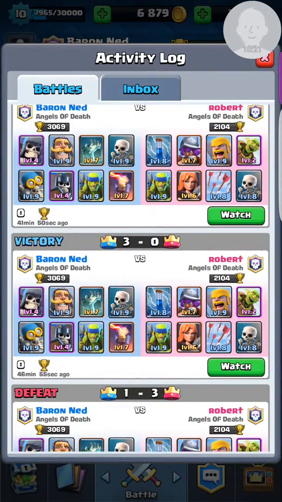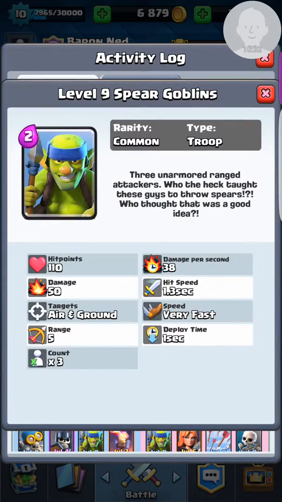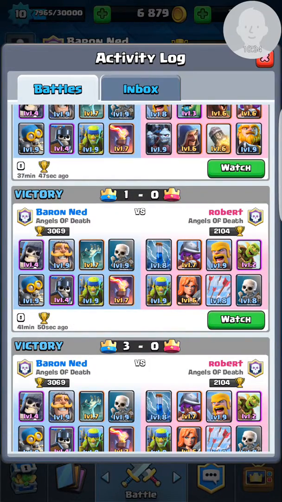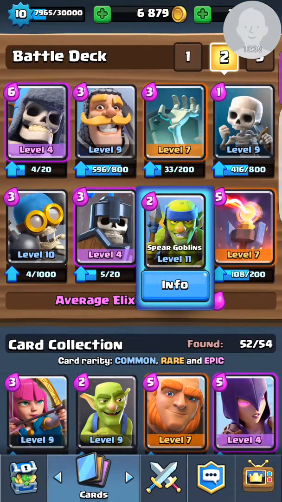So this next one I'm going to show you is against Robert. One of my favorite cards of all time is actually the Spear Goblins. I am leveling them up right now. It's only level 9 right here, but in actuality they're level 11. That's because I've been spending so much time and effort leveling up my Spear Goblins, because I think that they are so